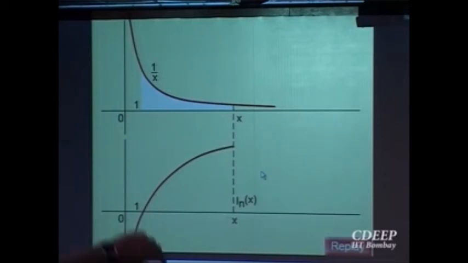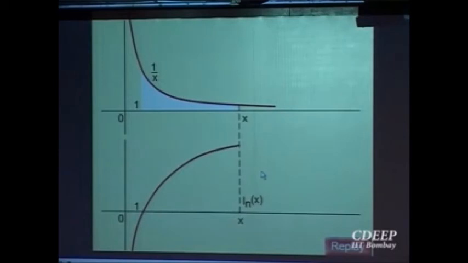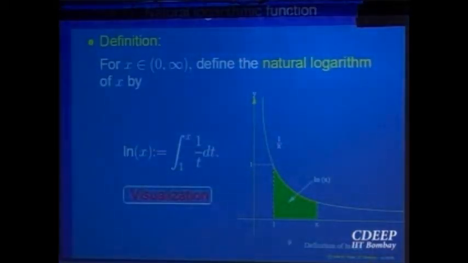Okay? At the point 1, the value is going to be 0, right? Because the integral from 1 to the end point 1 is 0. So the value at 1 is 0. It is an increasing function, but it doesn't actually tell you that the graph should be of this shape. It is just drawn that way for visualization. The definition only says it will be an increasing function, because ln of x is the integral of 1 over t. Why this should be the graph, we will see from our calculus.